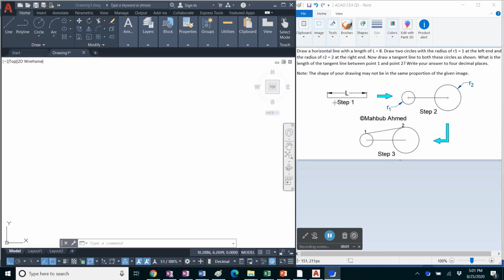In this problem we're going to follow these steps to draw this tangent line that is tangent to both circles here, and then find the length of the line between the tangent points 1 and 2. So first make sure that ortho is on, then click on the line tool and click anywhere on the screen,